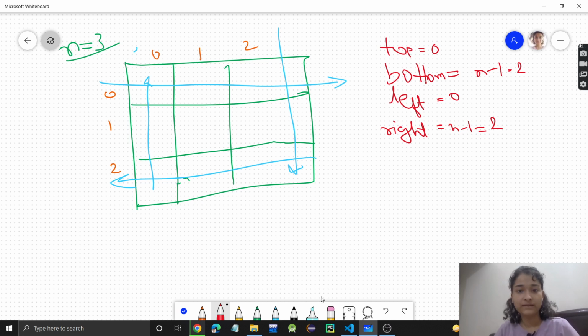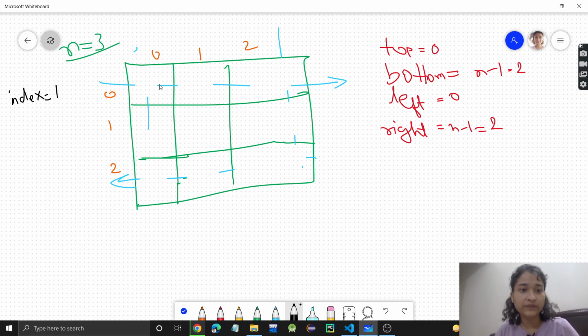Okay, so now see what will happen. Let me erase this. Right now, we will fill this matrix. How will we fill it? I will keep a variable index that will start from 1, because we need to place 1 here. So where will I place the first value? Let's say this matrix name is answer. So I have to place 1 here,